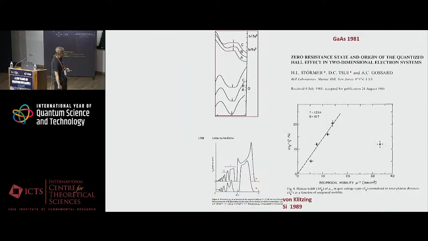Here are some experimental results. Let me show you some experimental results, okay? This is the first verification of von Klitzing's measurement by Tsui and Sarma and Tsui, okay? It's in Phys Rev and in gallium arsenide. It's a very nice paper. And one thing they noticed right away, and they made a very big deal in this paper, that they expected,